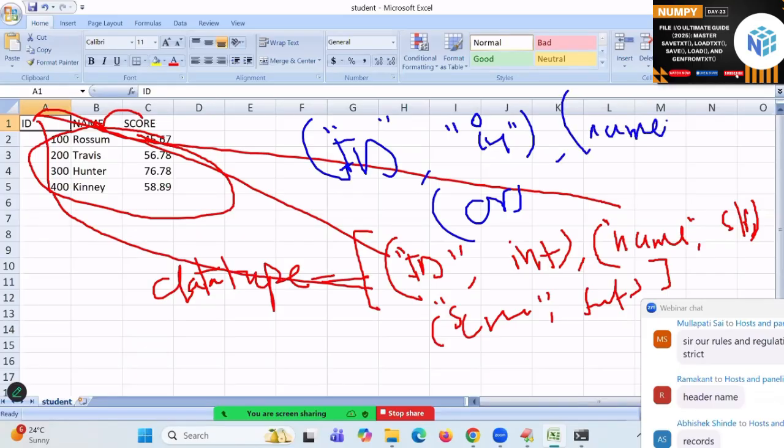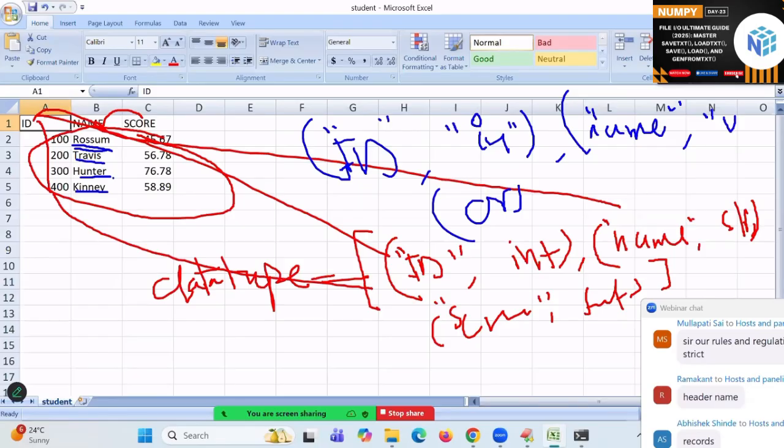What is the data type of name, of str? Come on, U6, U7, U8 like that. And I told you how to represent that: U6, U7, U8, UN. I said one simple blind rule for you. Observe the names. Which name has more length? How many letters are there? Six, six, seven, six. So better I will write what? U6.